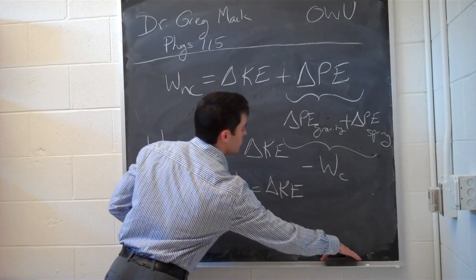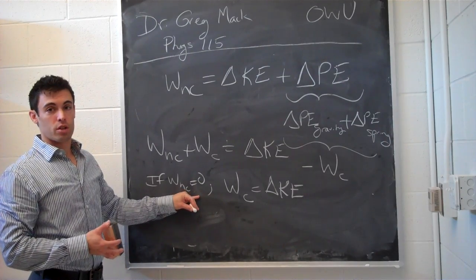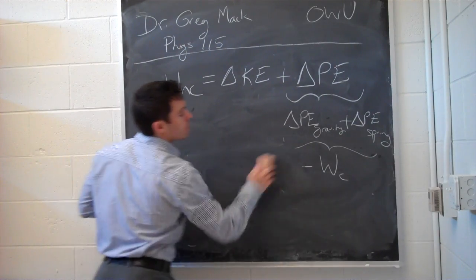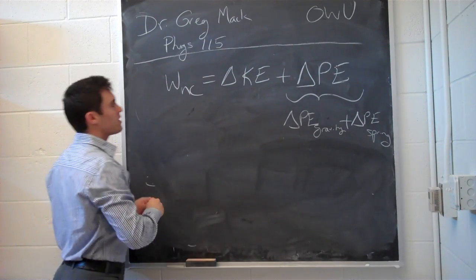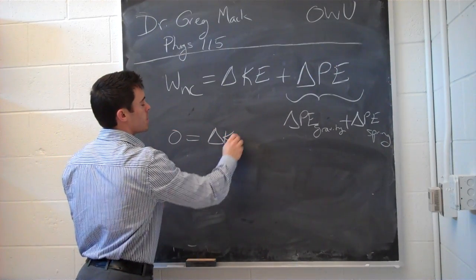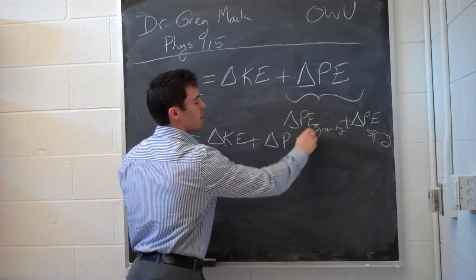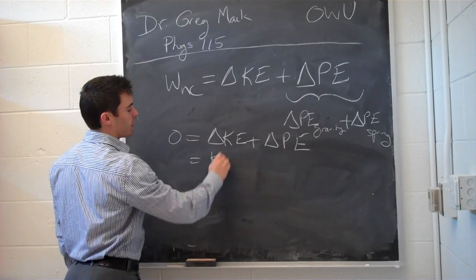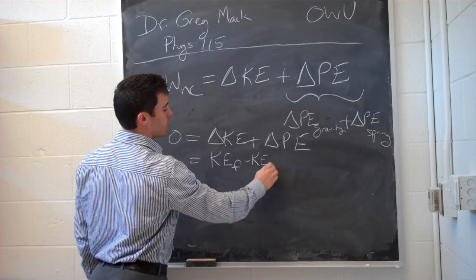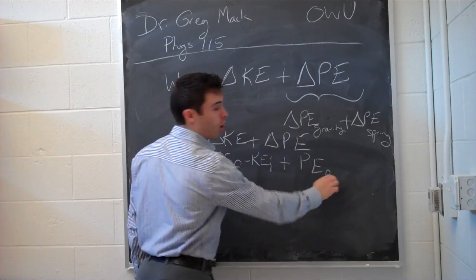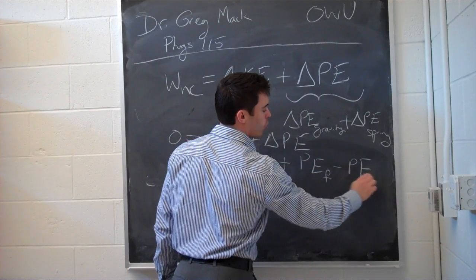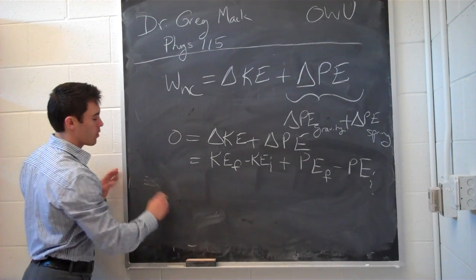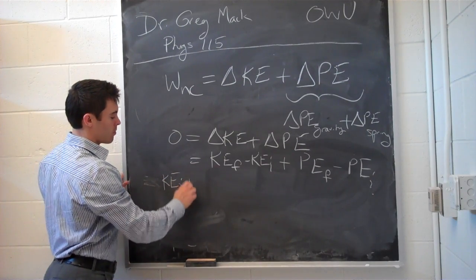And we can write, if there are no non-conservative forces, so if the work done by them is equal to 0, then we have the statement that 0 is equal to delta KE plus delta PE. Or, also, that that's the kinetic energy final minus the kinetic energy initial plus the potential energy of all forms final minus the potential energy of all forms initial. Or, if I bring the initials on this side, like I did last time,